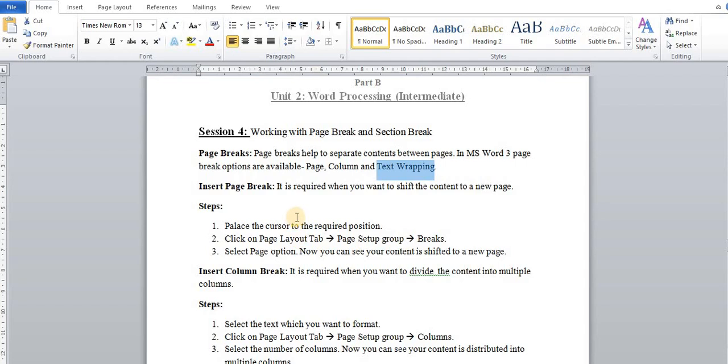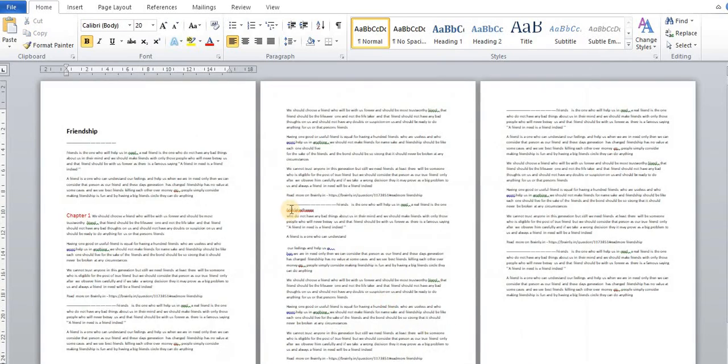Okay, let's do it practically. I have a document with 3 pages. I want to break my page after this paragraph. I want to shift from chapter number 1 to the next page. It's very simple.